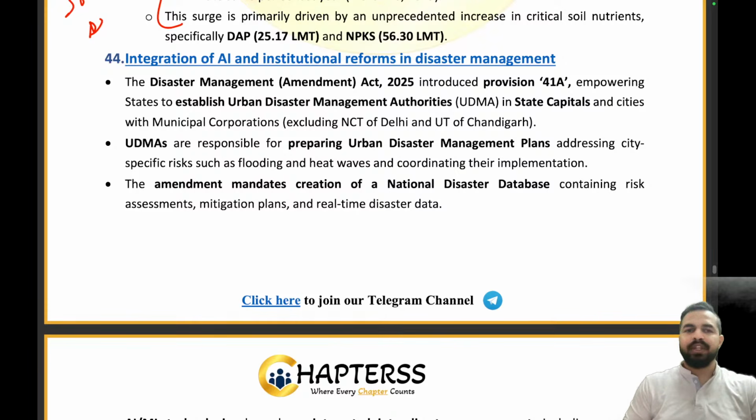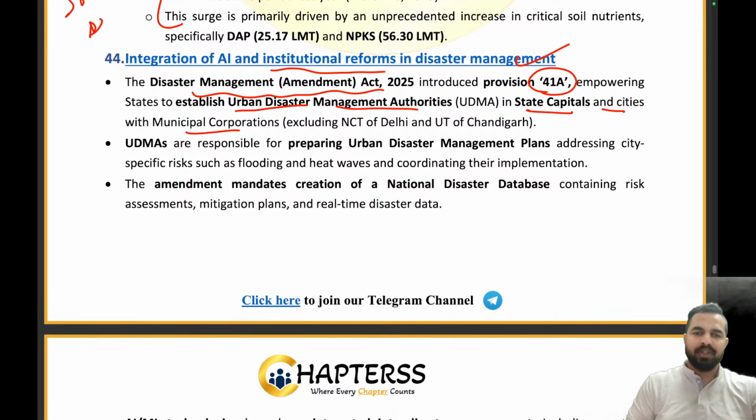Integration of artificial intelligence and institutional reforms in disaster management. The Disaster Management Amendment Act 2025 has introduced provision 41A, empowering states to establish urban disaster management authorities in the state capitals and cities with municipal corporations. So we are focusing on the integration of artificial intelligence and institutional reforms in disaster management. That's why we want to use artificial intelligence